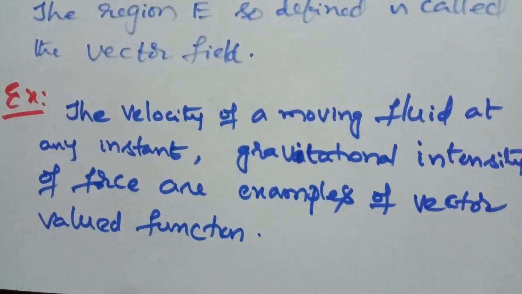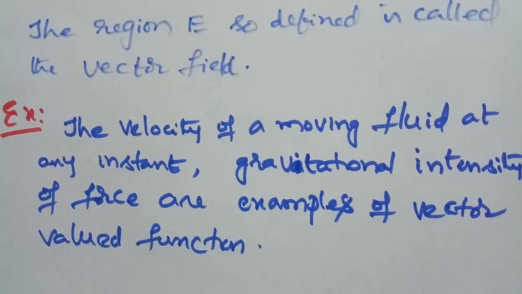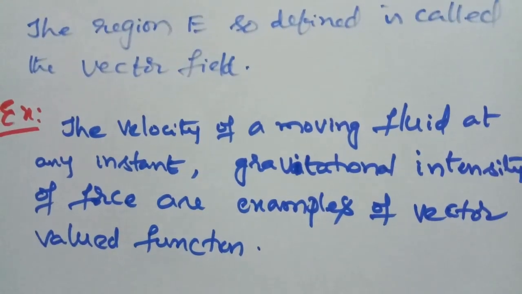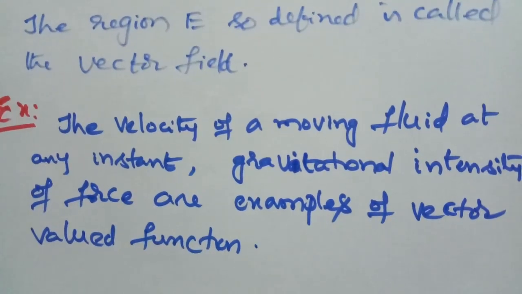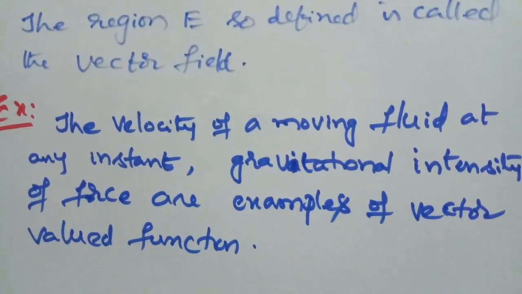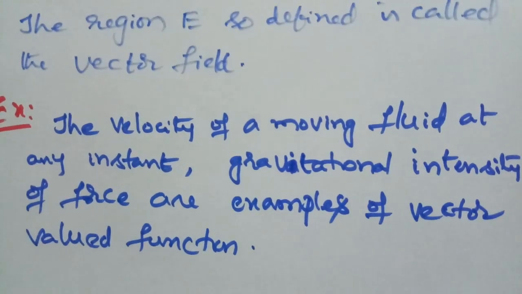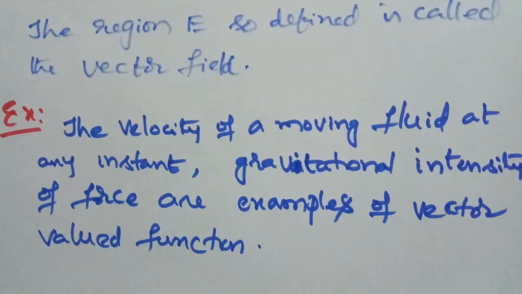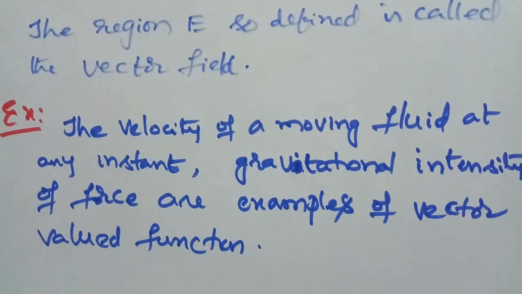These are functions: scalar functions, scalar quantity functions, and vector valued functions. Scalar quantity means there is no direction; it is a function that defines some quantity, some magnitude, therefore it is a scalar valued function. Vector valued functions means that, apart from quantity, apart from magnitude, it has some direction. So for a function, this is called a vector valued function.